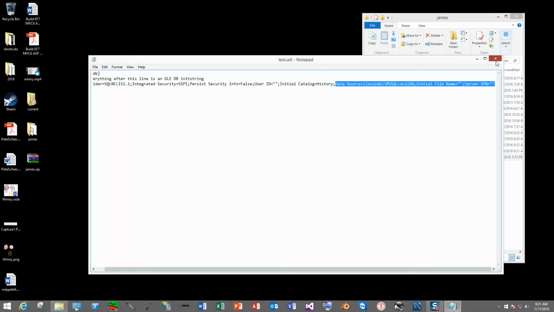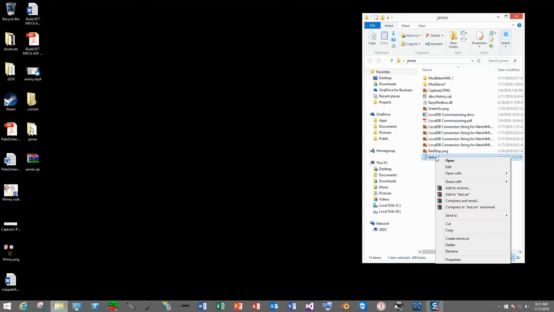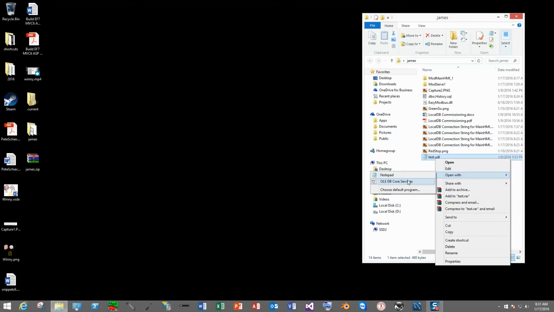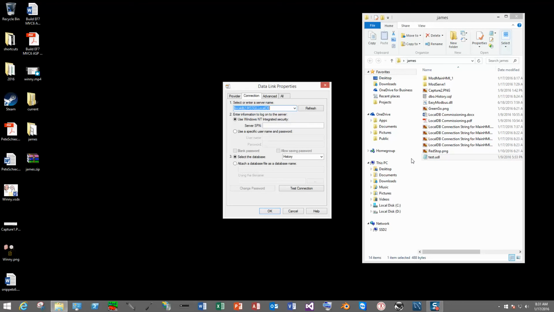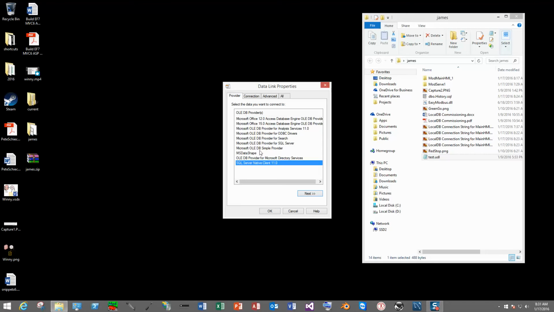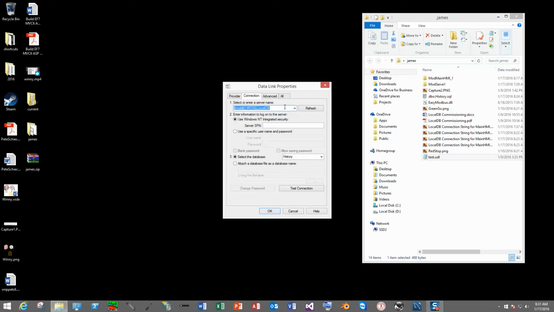Now either way, if you open up a file that has a UDL extension and you open it up in OLEDB core services, you are going to get a picker like this, which is going to allow you to choose a provider, a connection, where you can either click the combo box to try to get it to generate the SQL servers that are on your current machine, or you can type in the connection string, which is typically